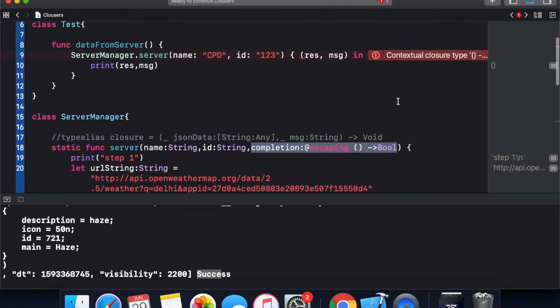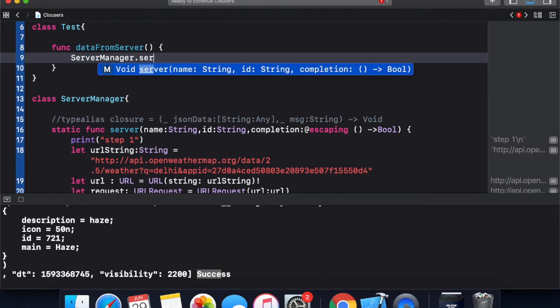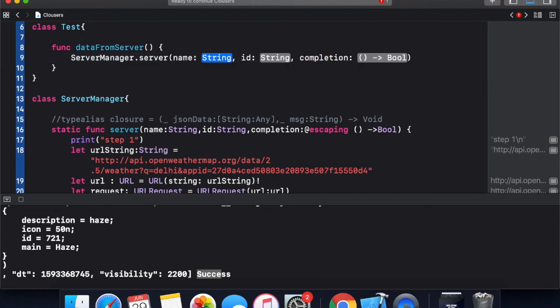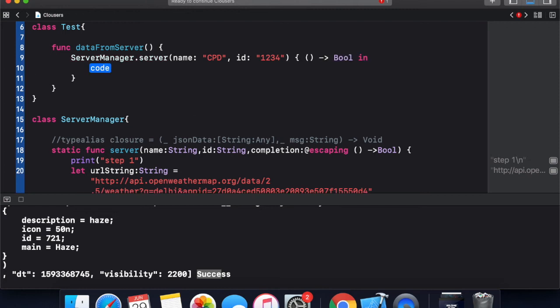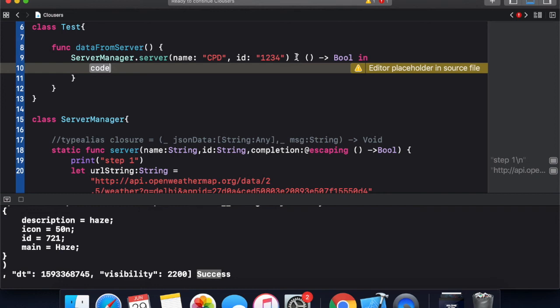So here is the name, here is the id, and here is my closure. As you can see, I need to write this part in curly braces.